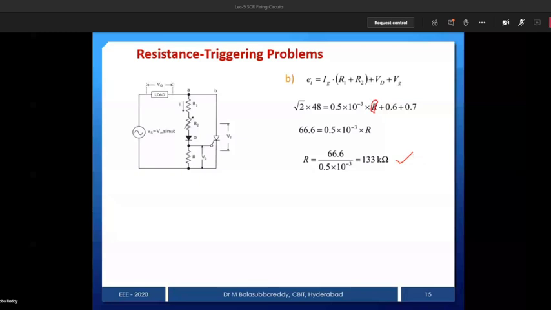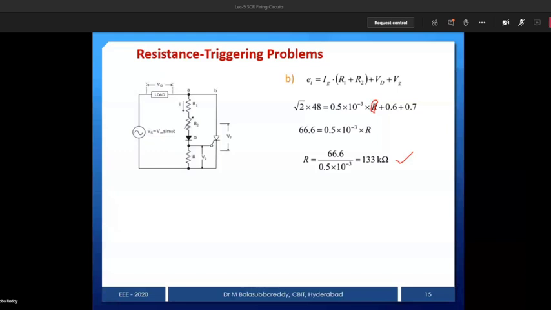For 70 kilo ohms, we got alpha as something like 36. Now to get a larger alpha, what is the preferable option? I have to increase the resistance value. If I increase the resistance, the current passing through the device will be less. It will take more time to reach the Ig minimum. So that's what gives 90 degrees. So automatically our logic is also verified here. For 70 kilo ohm we get 36 something, but now if you apply 133 kilo ohm, you are getting more alpha, that is 90 degrees. So that is the procedure.